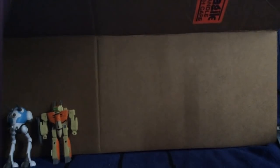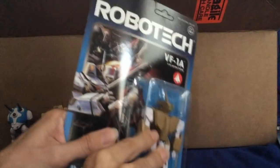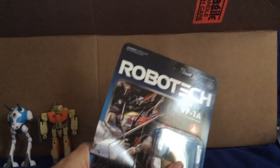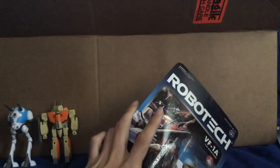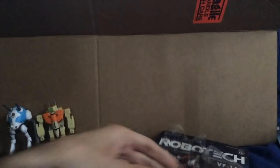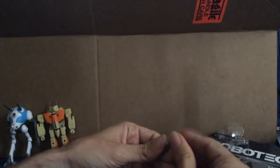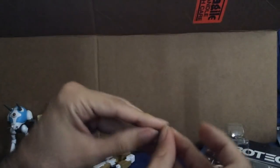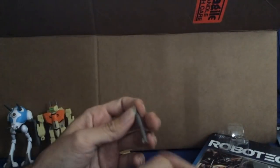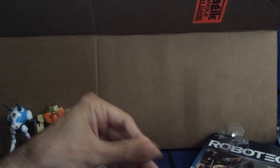Let's just go through Valkyries. Let's just keep doing Valkyries. Got a VF-1A here. Got a cannon fodder VF-1A. It's got a little more hardware back there to keep him from rattling around in the bubble. And then the gun is still taped to the blister, so you still get tape stuff. Yuck, tape stuff. Okay, so...